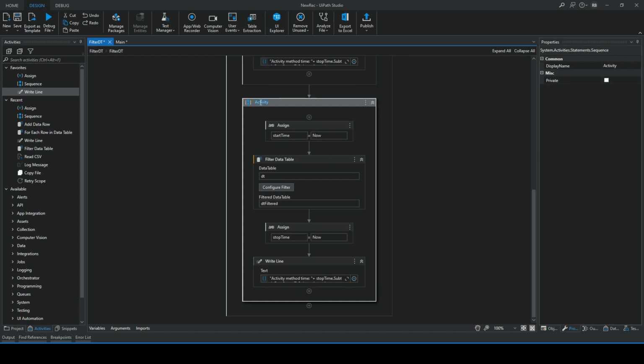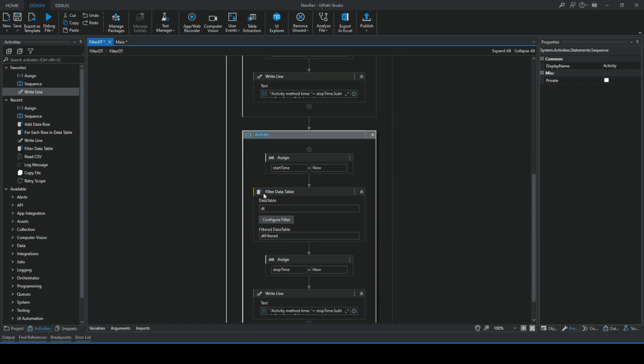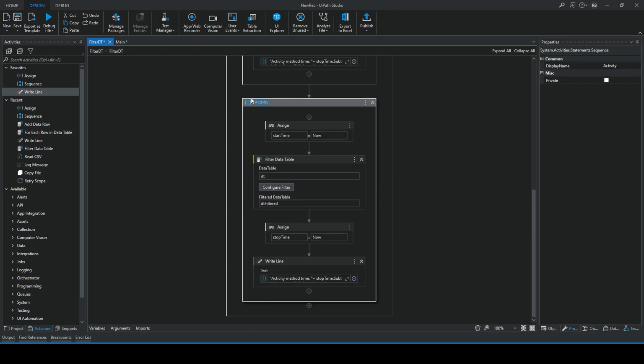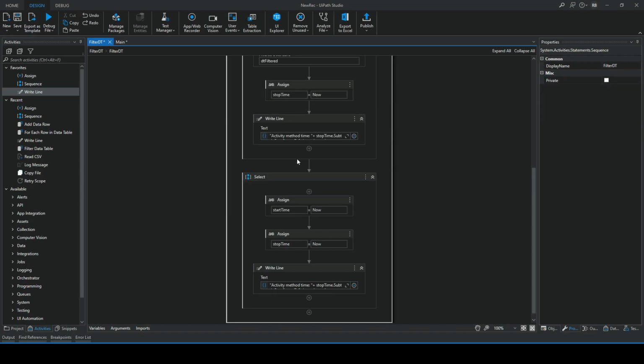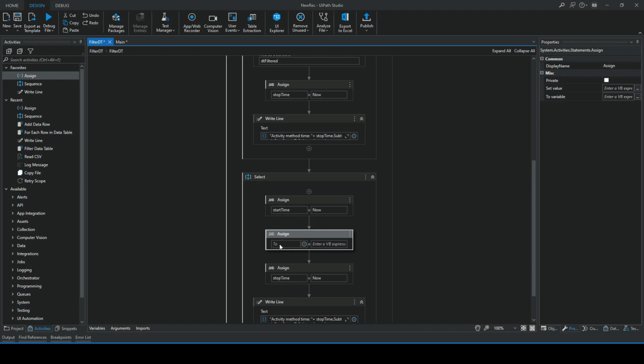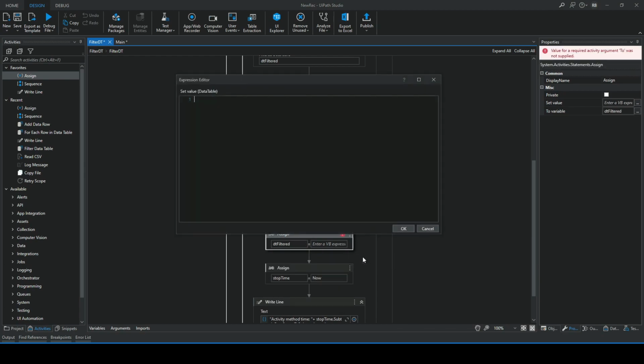The second option will be using select. So let's name it select. Also start time, no change here, this has to go. We will use assign in this case. We have the DT filtered, and we have the following. We have the data table